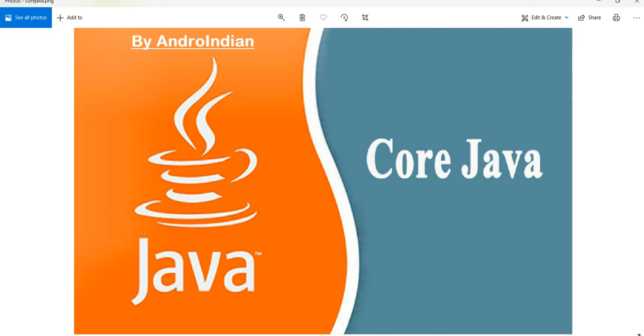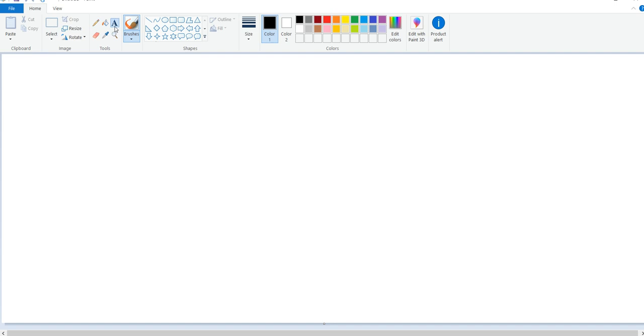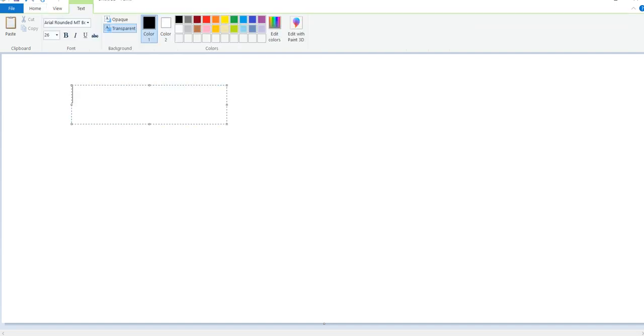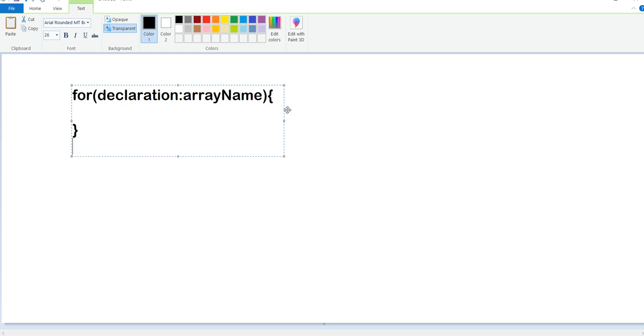Now we'll write the syntax of the for each loop. Within the for, there is a declaration, then the array name. Within the loop body, we write the statements.